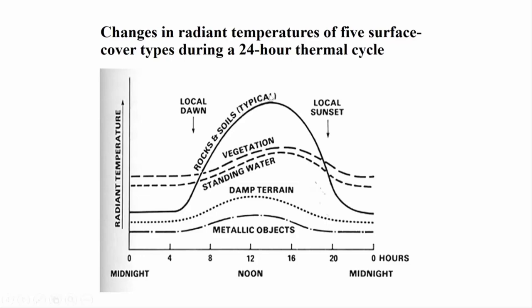And in the afternoon, near 14 o'clock, the maximum temperature will be there, and after that, as the time increases and near evening time, here you can see that there is a decrease in the radiant temperature. Just after sunset, you can see it is rapidly going down, and here you can see that the temperature goes to a minimum. So here we get a very high change in daytime and nighttime temperature for the rocks and soils,